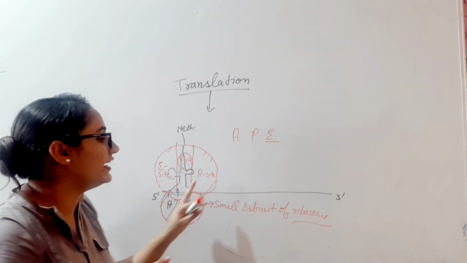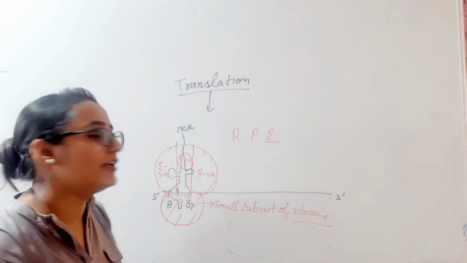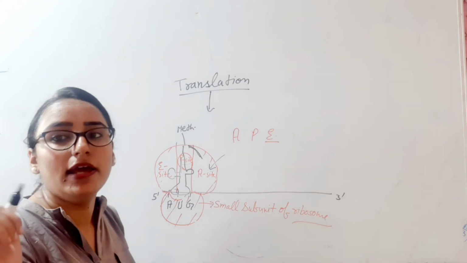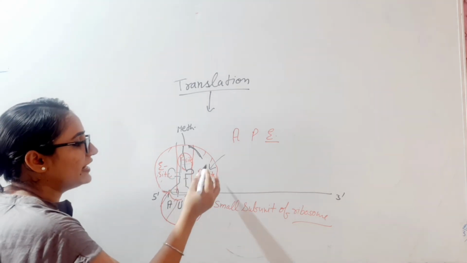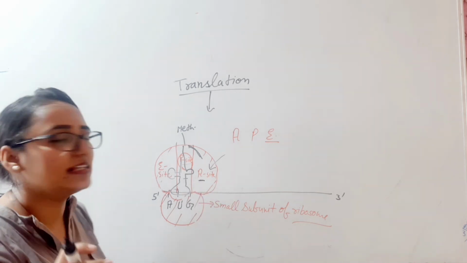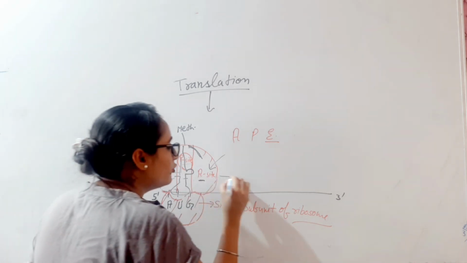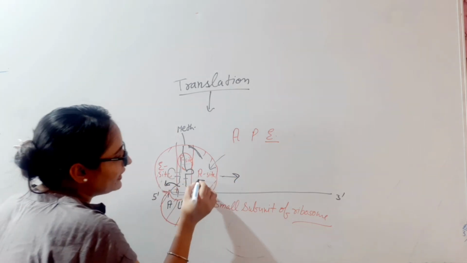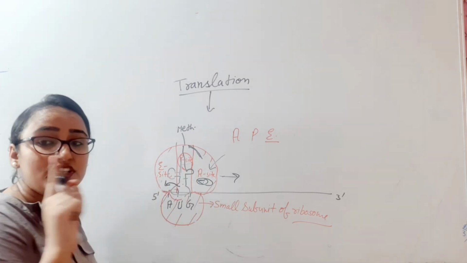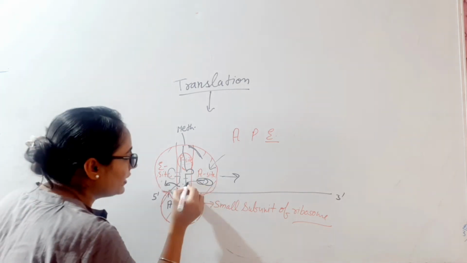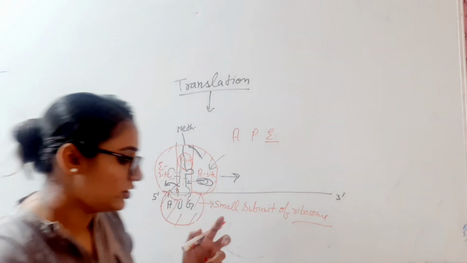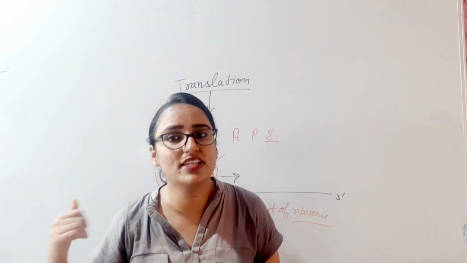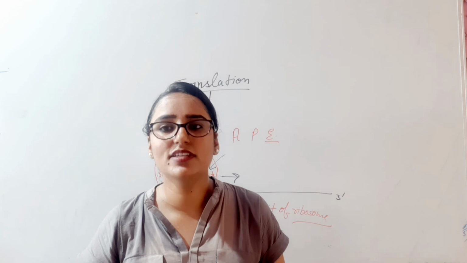Okay. Then after that, this second tRNA carrying the second amino acid comes into the A site, and a polypeptide bond formation takes place between the tRNA that is present in the P site and the tRNA which is present in the A site. Okay. After that, the ribosome moves forward and this tRNA moves onto the E site, and the tRNA which is present in the A site now comes to the P site. Okay. And so on. So this is how the polypeptide bond formation takes place, and we will discuss this process in detail in the next lecture. Okay, so thank you for watching this video.